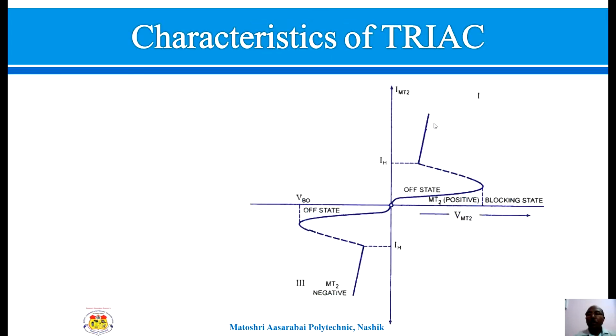Now we have seen the characteristics of triac. In the case of triac, we have characteristics in the first quadrant and in the third quadrant. Here we can see that after VBO the voltage falls and we get linear characteristics. Similarly, in the third quadrant, there is a leakage current while the device is in off condition, and later on after VBO, suddenly the device will turn on and the voltage falls. Here you can see the symmetry in the first and third quadrant because this is a bidirectional device.